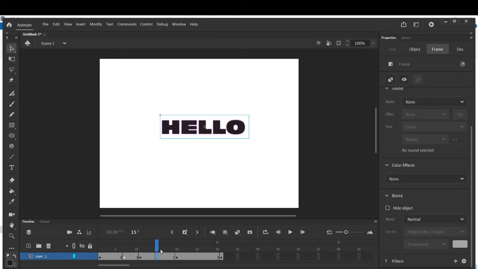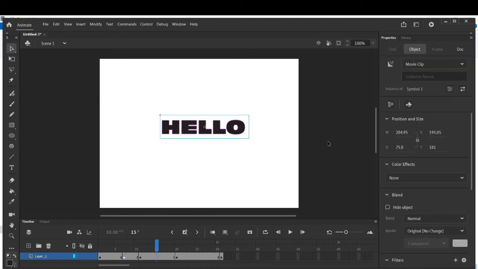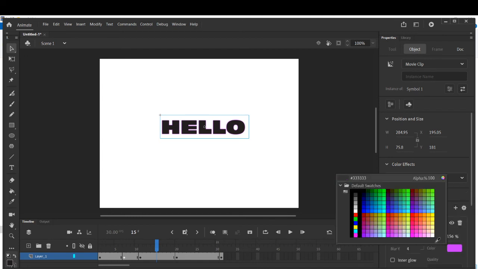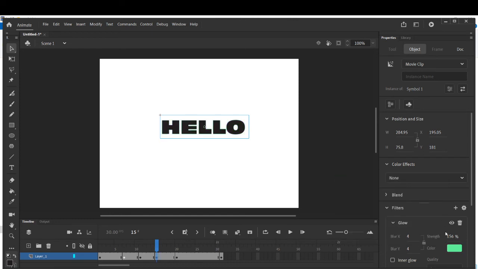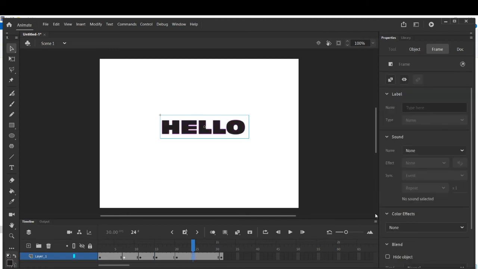Now the second one is this blend option, children. This is filter, so we are doing filter. So glow, change the glow color like this, change its strength also. Now it's glowing more. Okay, next, third option.